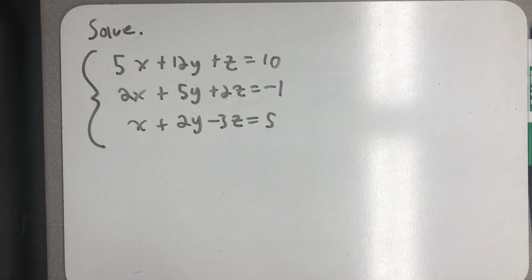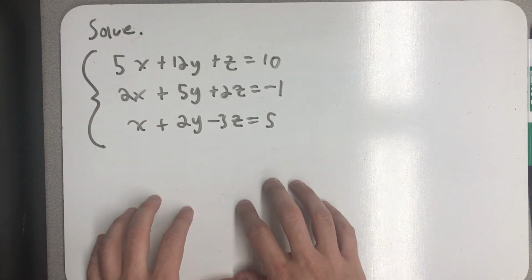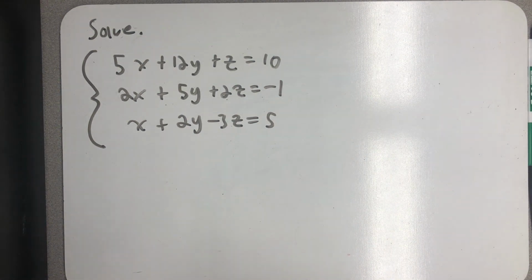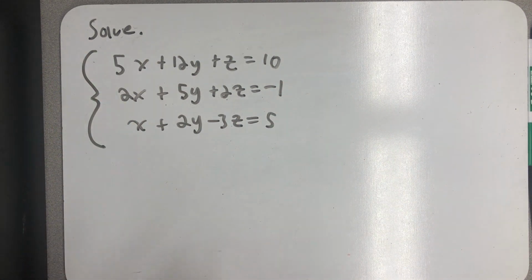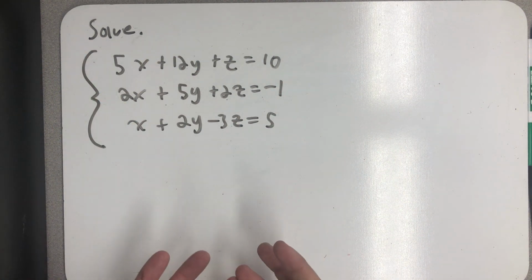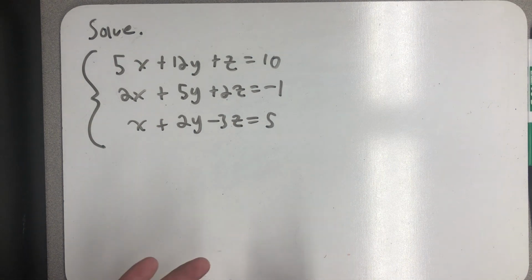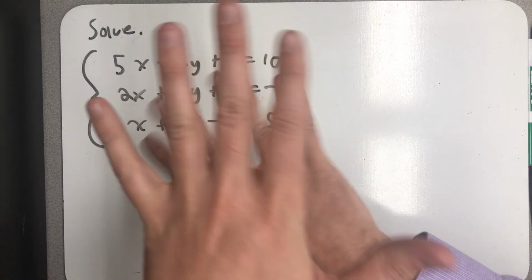Systems of equations have visual interpretations. A linear system of equations on three variables is actually a system of three planes in space. And some of these systems have exactly one solution. And those are nice, but we could also have planes that don't intersect at all, three parallel planes, or maybe